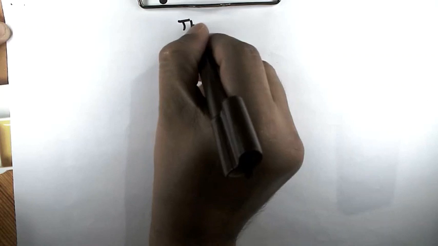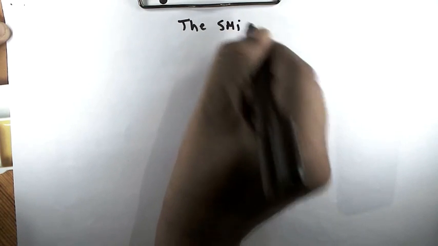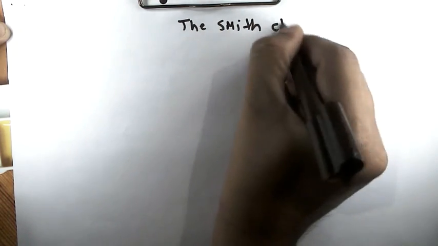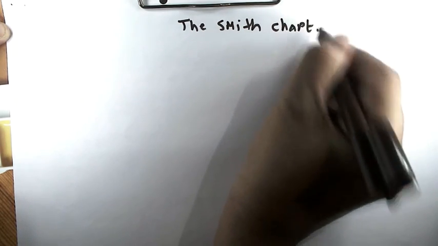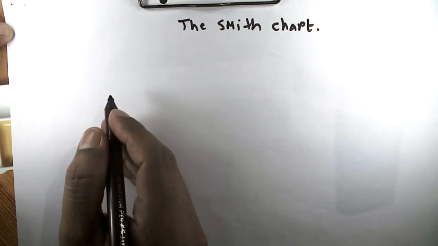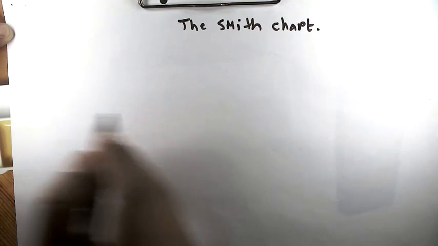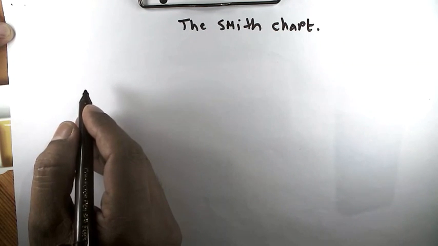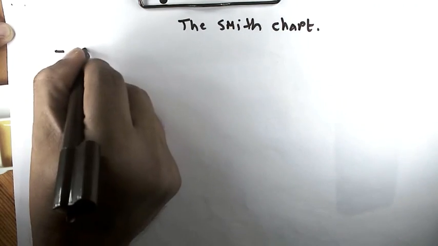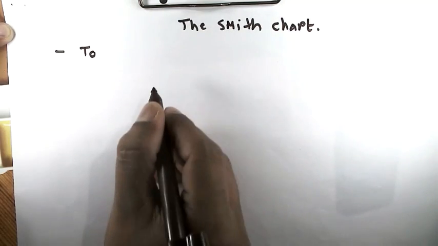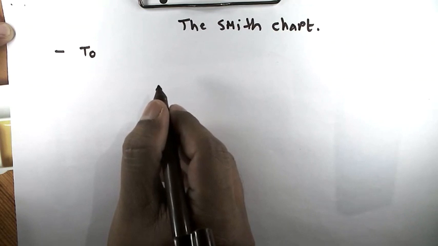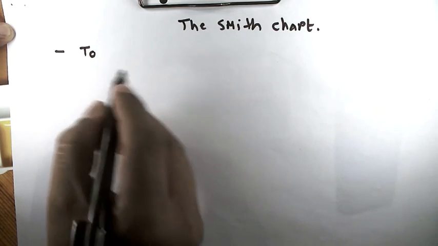Welcome back, students. Today we'll see one of the very important topics of microwave engineering, the Smith chart. As I mentioned, it is one of the very important graphical tools for solving transmission line problems. Any complex transmission line problem can be easily solved by this graphical way, and it is called the